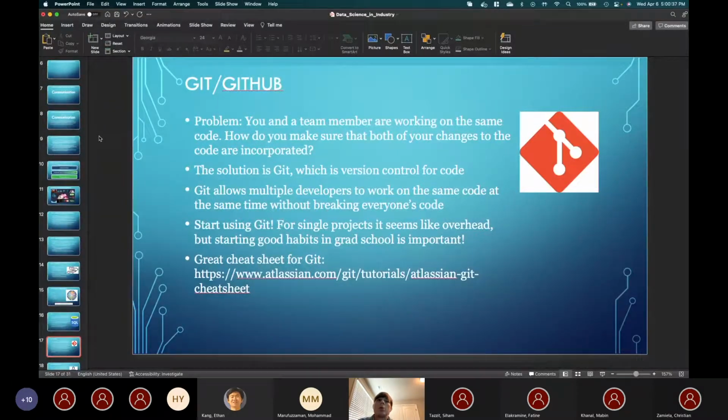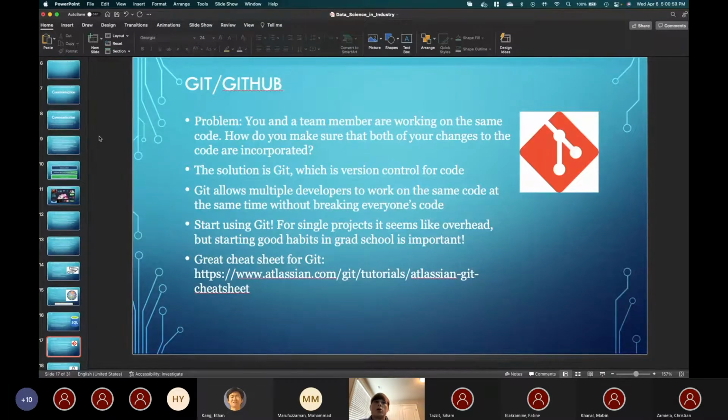And again, once you have a lot of developers, you need something like this so that you know what's the latest version of my code, what am I pushing out as my final product. If I'm facebook.com, what is the version of the code that I'm sending out, so that when people go to facebook.com, that's the version they're seeing.